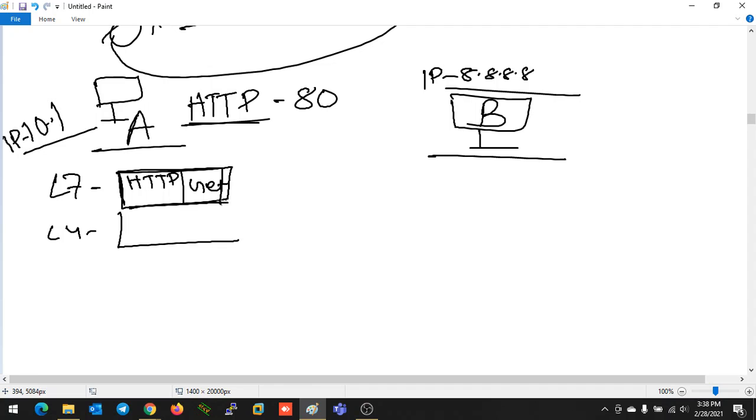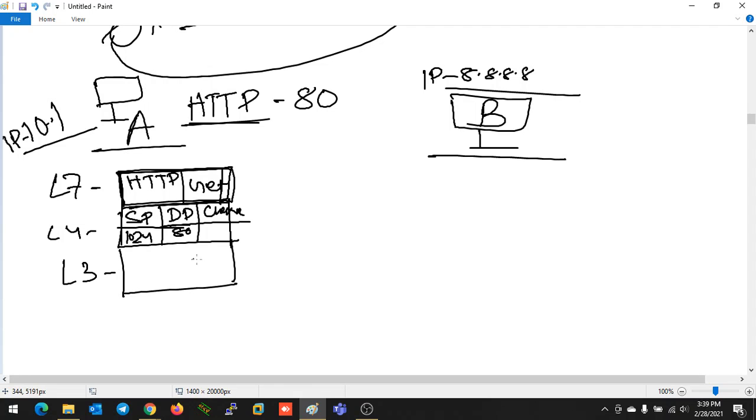TCP will attach its header. In that header, the source port will be one random port, and the destination port will be 80, which is the service you are going to request, and also a type. The checksum field will be there too; after running the checksum, it will mention some checksum value in TCP. Also some other fields will be there, but I am not going to write them all here. Then the data is called a segment. This layer 7 information will be encapsulated with the TCP header. Then it will send to layer 3 towards IP.